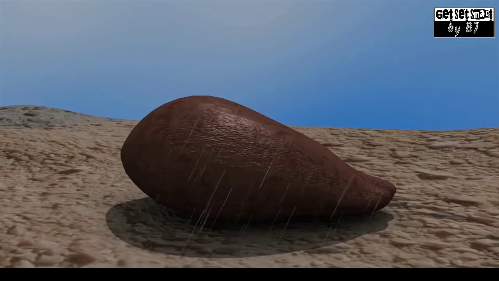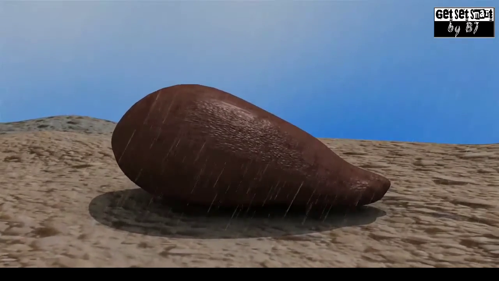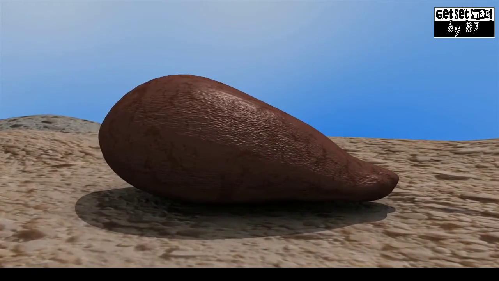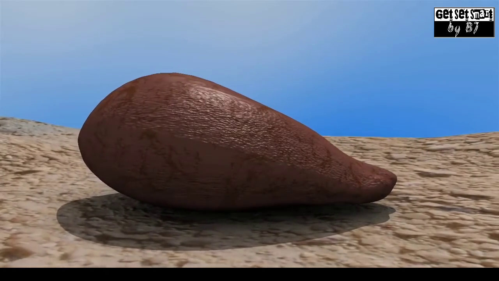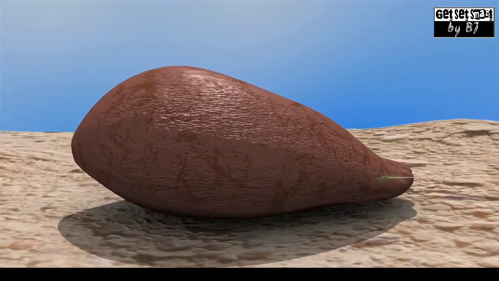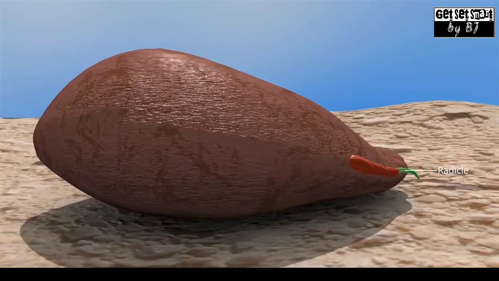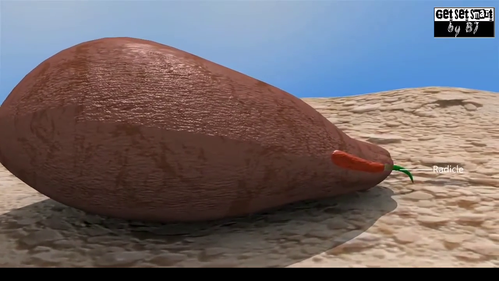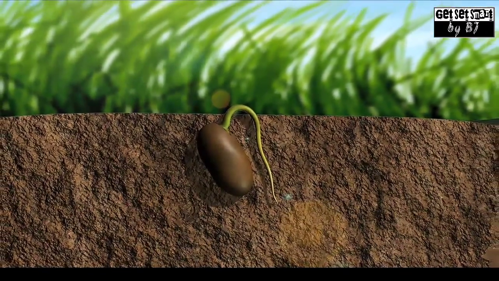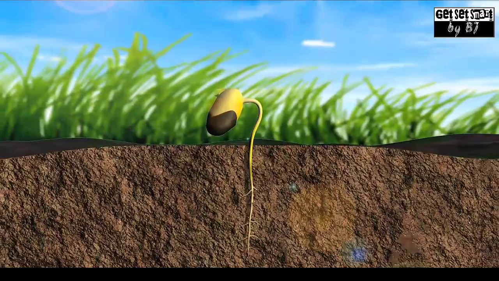It begins with the water intake by the seeds. As water enters the seed, enzymes present inside the seed start functioning. These enzymes change the stored food into soluble form, which diffuses into the radicle and plumule. First, the radicle starts growing and pushes itself down into the soil. It forms the roots. Then the plumule starts growing and pushes up. It grows into shoots and leaves.